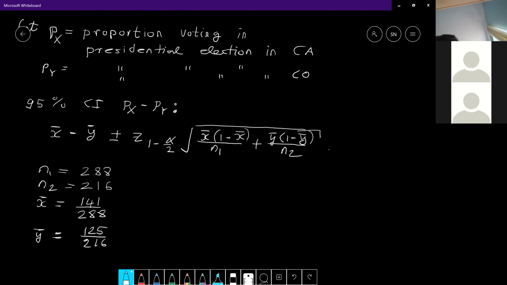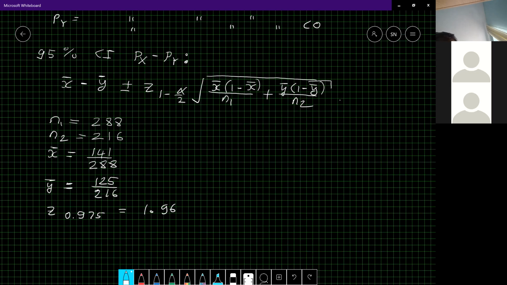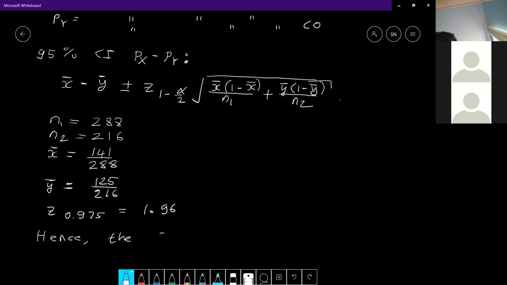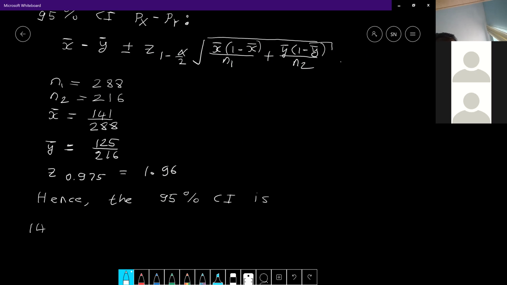So z of 0.975 is equal to 1.96. So this is all the data that we have. All you have to do is just sub them into the formula. Hence the 95% confidence interval is as follows: 141 divided by 288 minus 125 divided by 216, plus or minus 1.96 times a big square root sign,